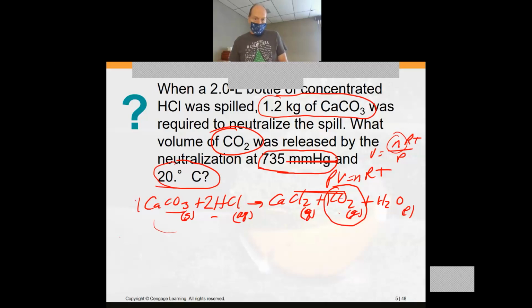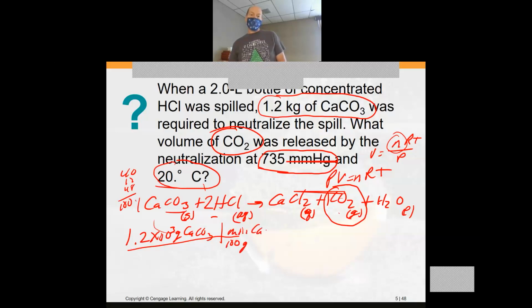So we have 1.2 times 10 to the third grams of CaCO3. Then we need the molar mass of calcium carbonate, which I don't have. Calcium is about 40, and 12 and 48, so we're talking about 100. So it's very close to 100 grams per mole